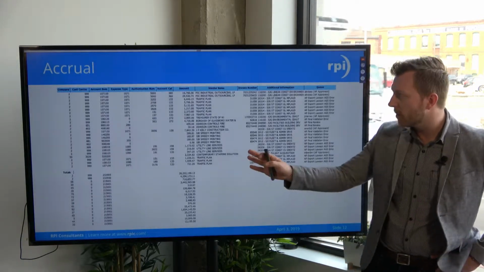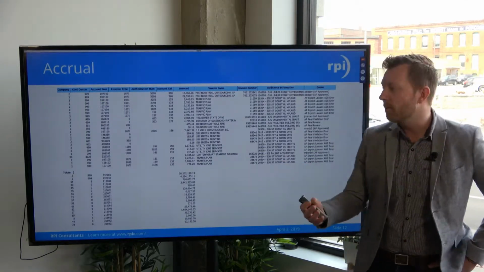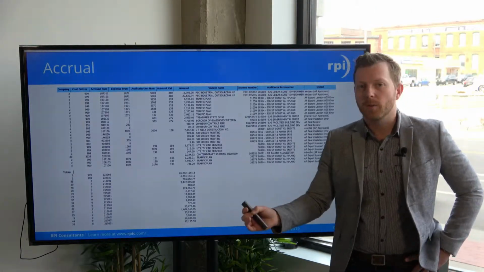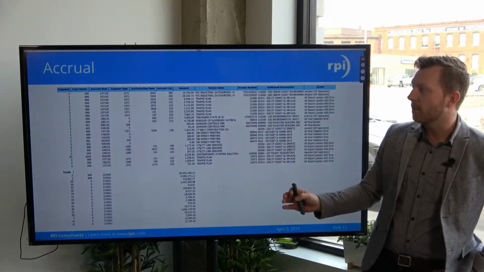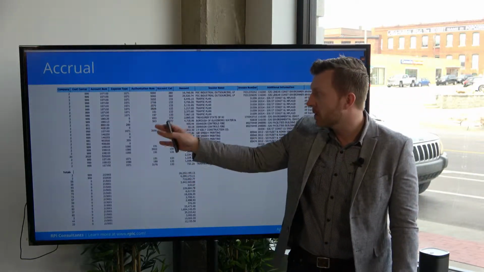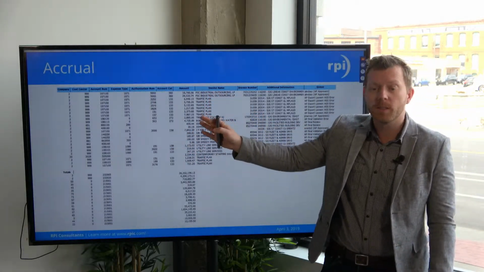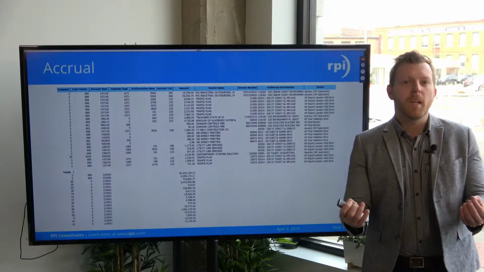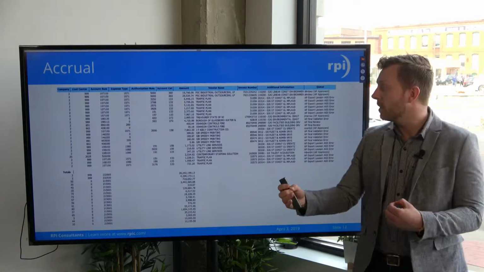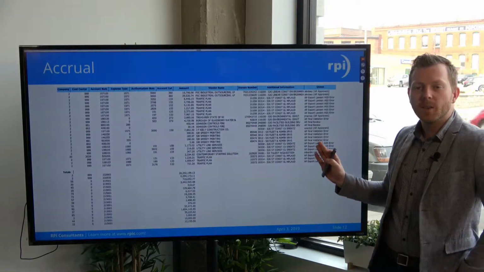So if you look at this, what we're basically doing is taking data, and this is at the GL level as well, your general ledger account level, for things that need to be posted or paid as you're approaching your month end, for instance. You want to see what the financial impact is here. So typically in an accrual report, you can highlight your company, your cost center, account number or expense type, the financial impacts, the amount, for instance, of a particular invoice. So how much of an invoice line, so if half an invoice is going to a certain account, for instance, you can see what the financial impact of that account is going to be. And you can also see where it is in the workflow queue as well.